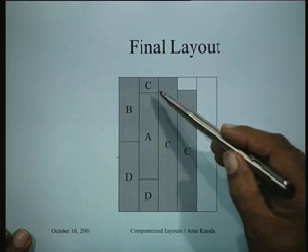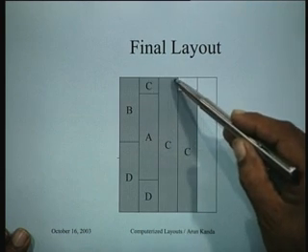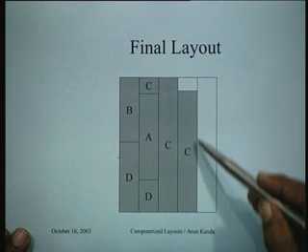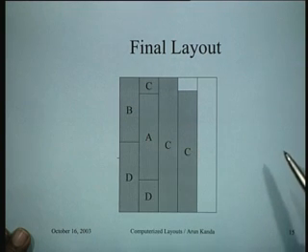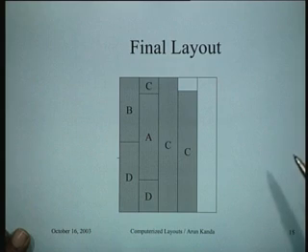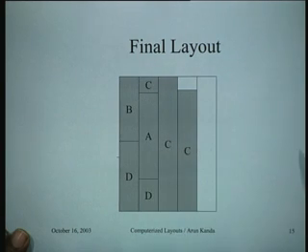Similarly, look at department C. C has a very peculiar shape. It's a jutting position here, and then this whole thing, and then you have something like this. So C has a funny shape. One of the drawbacks of this particular procedure is that you land up with departments, some of which may be non-rectangular. Of course, some are rectangular. B is rectangular, A is rectangular, but some of the departments could be non-rectangular.